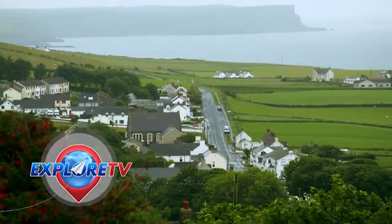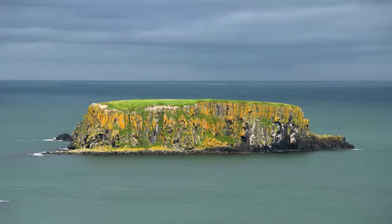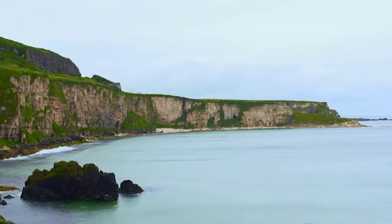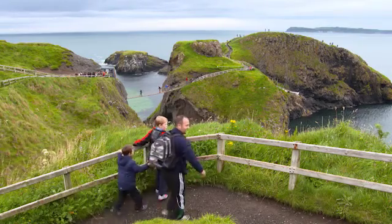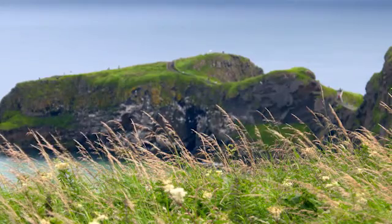The northern edge of Ireland can be one of the most spectacular pieces of coastline you will ever experience. The drive from Belfast to the stunning Giants Causeway is lined with highlights, and you should take the time to stop and enjoy the scenery along the way. One of the most popular stops is this one, a rope bridge that requires more than a touch of bravery